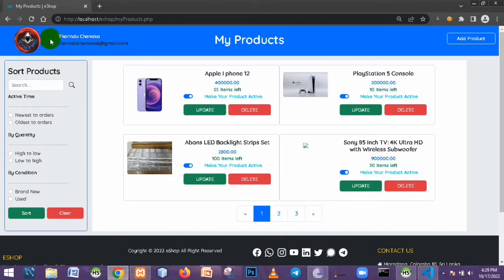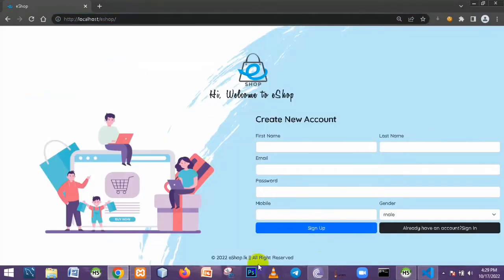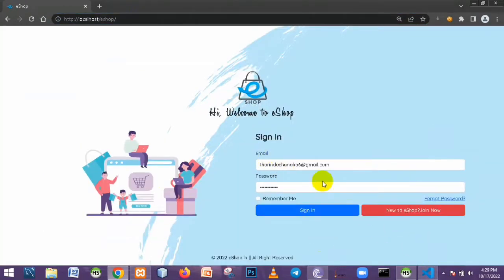So if I show you one thing, now I'm logging in as another person. I'm going to log out of this page, and you can see this is the first page in our website. So I'm going to sign in as another person. Let's try that one, and I get